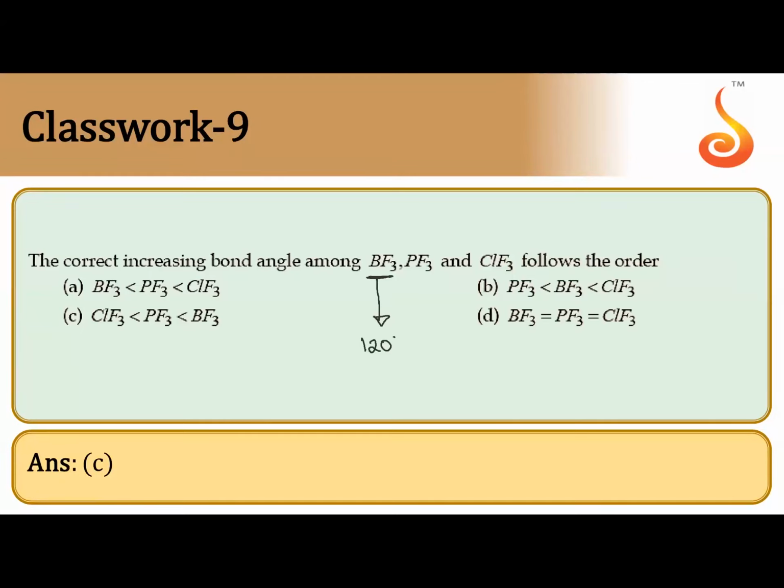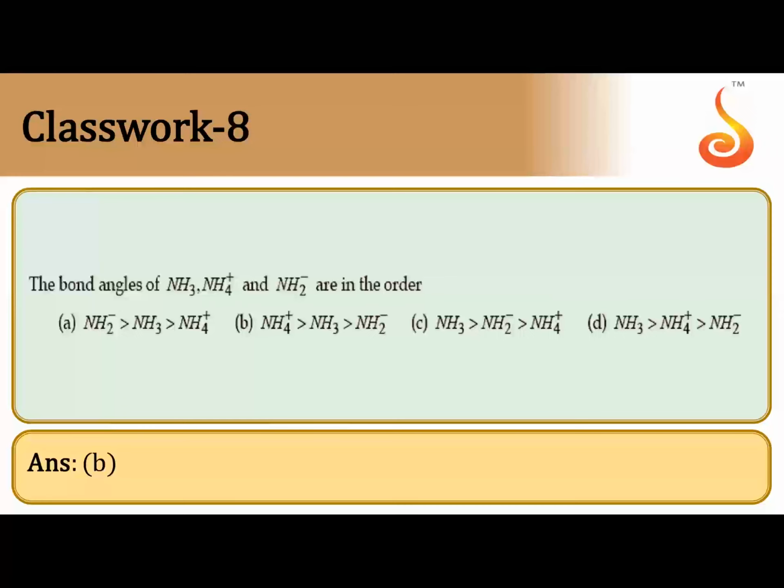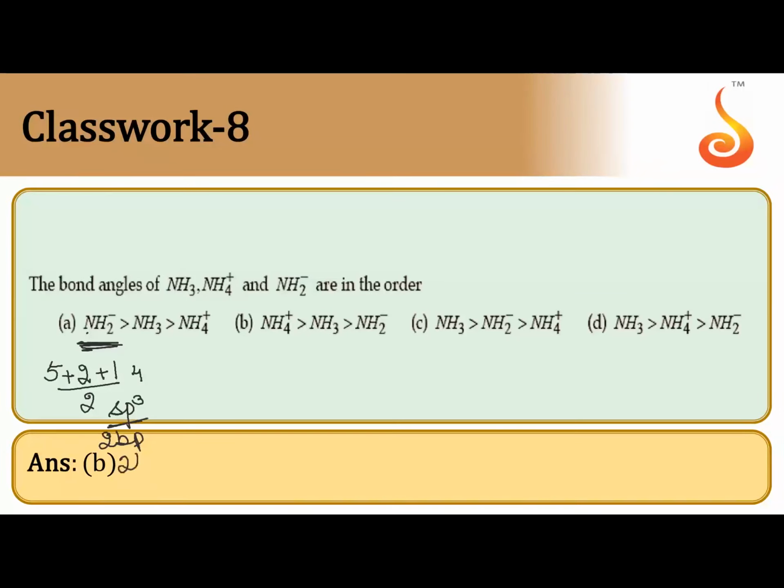Okay, question number 8 is not done. Okay, fine. Okay, let's check this then. NH2 minus. What is the bond angle, children? Can you apply our formula here? 5 plus 2 monovalent atoms plus 1 electron divided by 2. 8 by 2 is sp3 hybridization. 4 we are getting. So how many lone pairs are there? 2 bond pair, 2 lone pair. Meaning, what is the bond angle? Like water, 104.5 degree. Approximately 104.5.